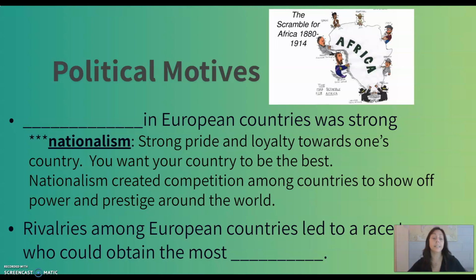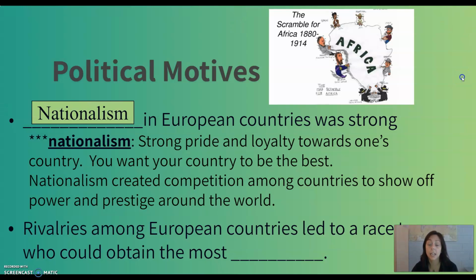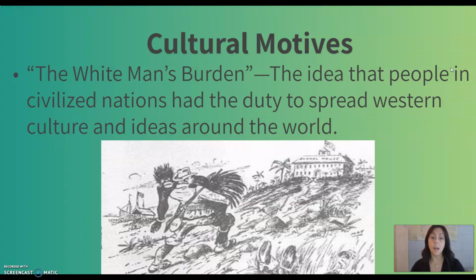So rivalries among European countries led to a race to see who could get the most colonies. So you should have nationalism and colonies in your blanks for politics. Okay? All right. Here's where things get problematic, especially problematic and tricky, and why some people refer to this time